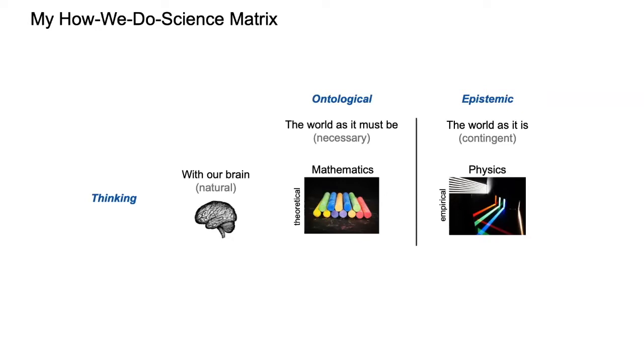But physics, experimenting, you cannot do from your armchair. You have to go out and experiment and actually see how the world is. Why? Because the world could have been different. What if the speed of light had been different? What if the masses of the particles had been different, right? So you need to make experiments in order to figure out why the world is the way it is and not in another way than the way it is.